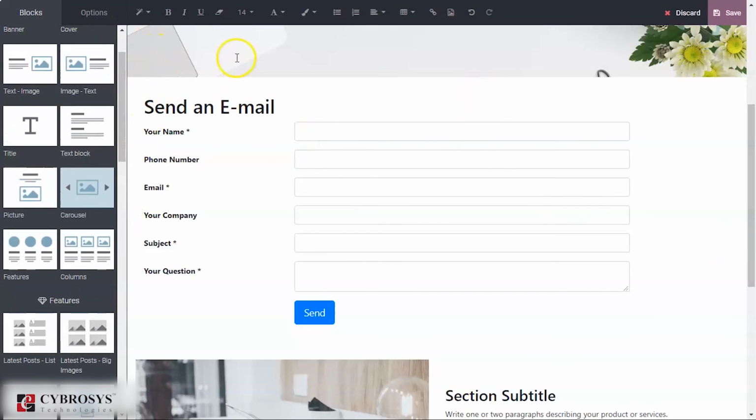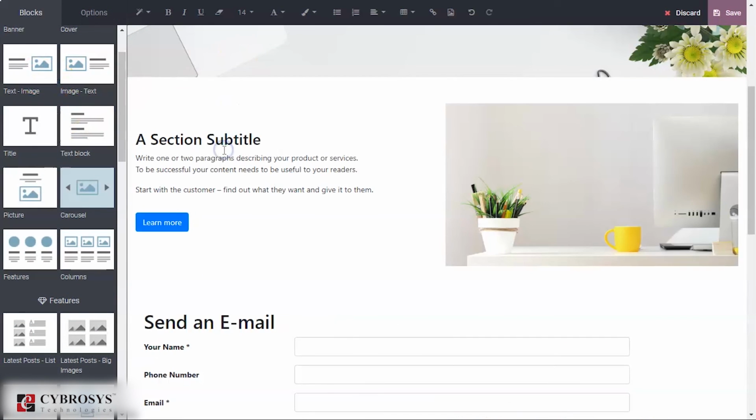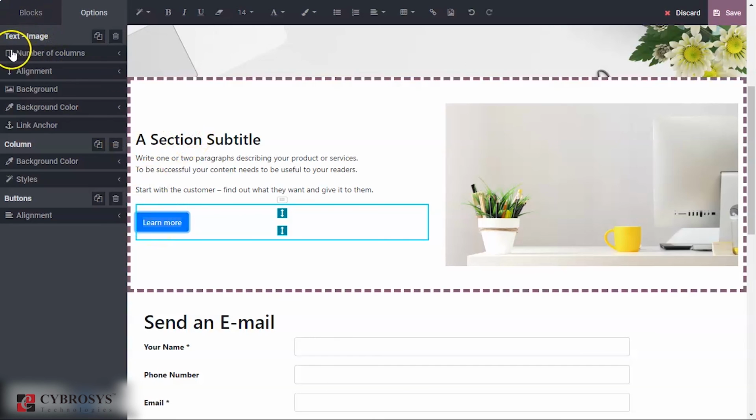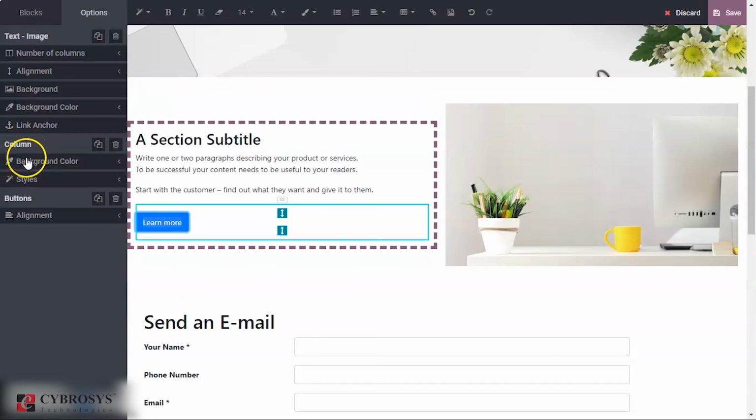Then, okay, and in the same way if you click something, you can see some options. Under options, number of columns, alignment, background color, link anchor. You can add a link anchor, so that if you add a link anchor to an image, it can be redirected to some other image and all. Then under column, you can set some background color, styles.